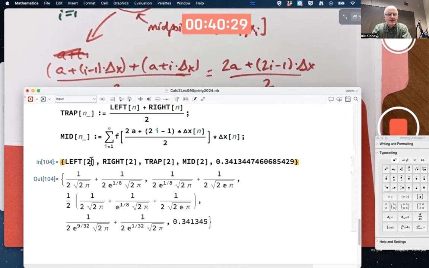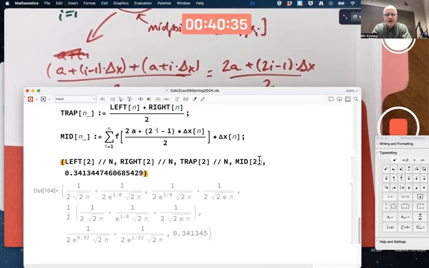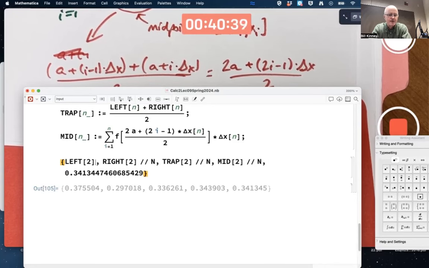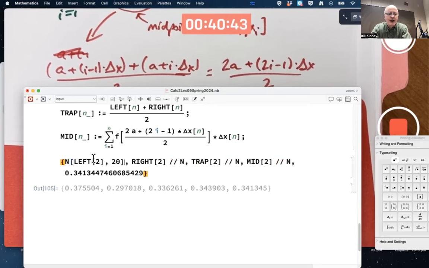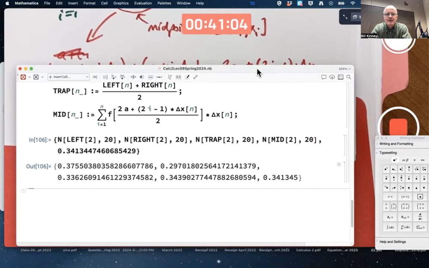So I better do the N. And maybe I want more decimal places of accuracy for those too. Sorry, hang with me here. Okay. Oh, and Mathematica shortened that one. Okay, well,